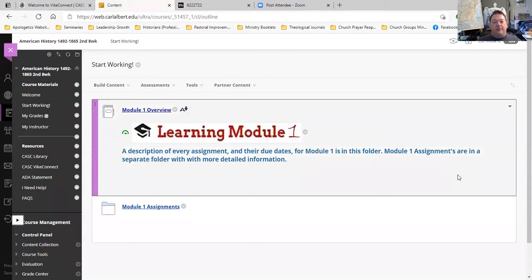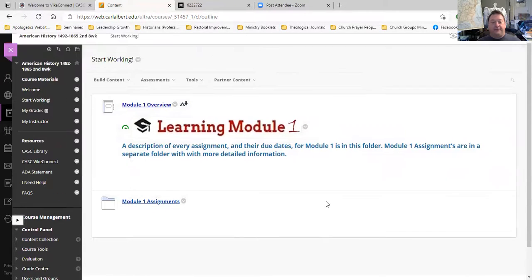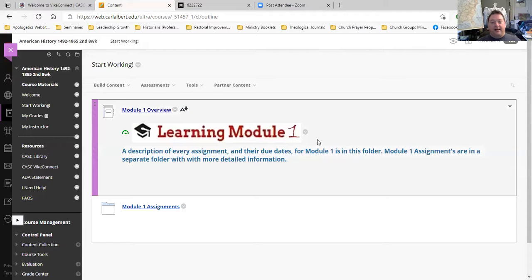This class will be set up in 4 modules. They will be about 2 weeks each. And so as each module begins, I will have the next module in a separate folder underneath module 1 here. But right now, all you need to have is module 1. And to answer that question, can I work at my own pace? Are there deadlines? Yes and yes is the answer.